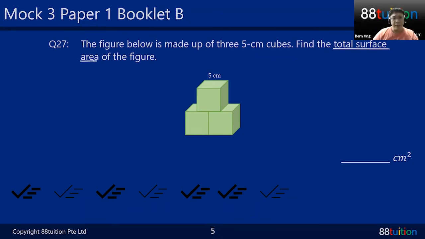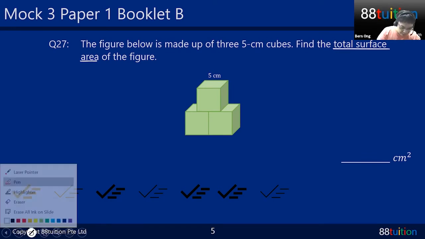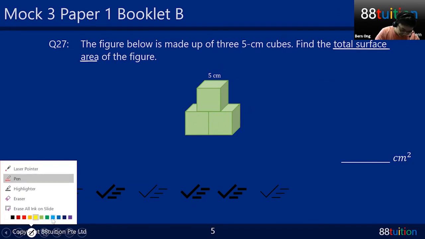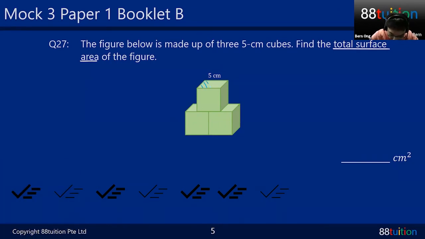Can I purposely go and find the area of one cube first? Not the surface area, sorry, the one side. What's the meaning of one side? So the surface area of one side, like that. How do you find the area of one side? Area of one side is equal to, because the sides are the same, right, 5 cm by 5 cm. So simply 5 times 5 is equal to